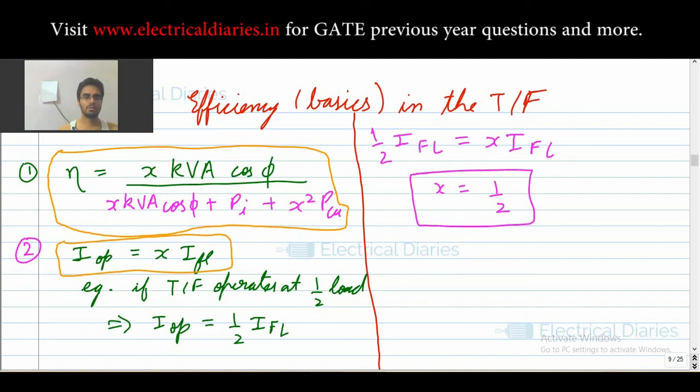Okay, and always remember that the transformer efficiency will come out close to 98, 99. Okay, so it will range in these values only. If you are getting it like 90 to 93, then you should recheck your question. It is very, very rare. It won't happen. Okay, so that is also something you should keep in your mind. So these are few tricks that you should remember, and then you can solve the questions easily.